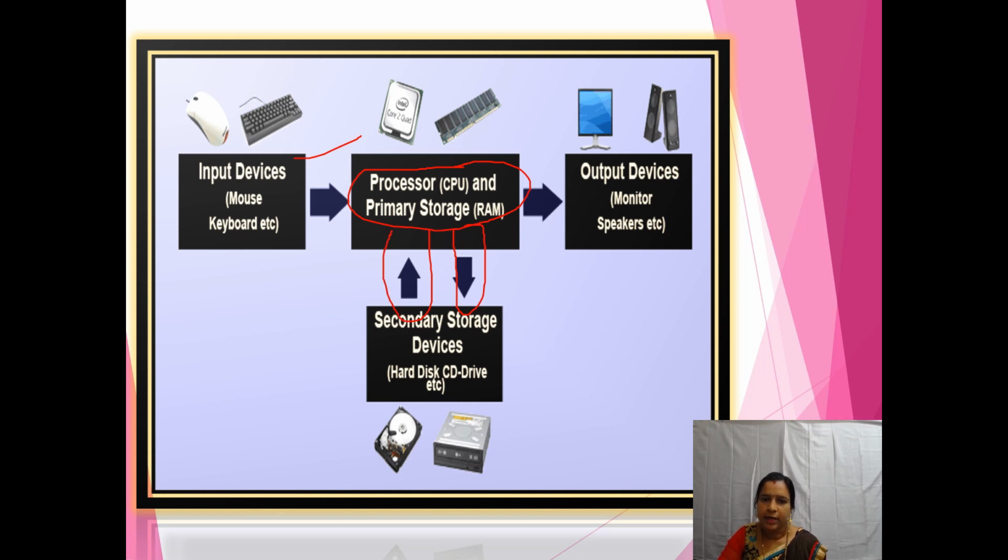or if you want to copy, you can store it in your secondary memory. Then again, you can save that file or copy it to your pen drive, CD, anywhere. Then again, it gives the output result. Whatever file you have stored, it gives the output results. So that is the output devices like monitor, speaker, etc. I think you have learned QBasic and Logo, where whatever commands we give, it will accept the commands, process them, and show the result.